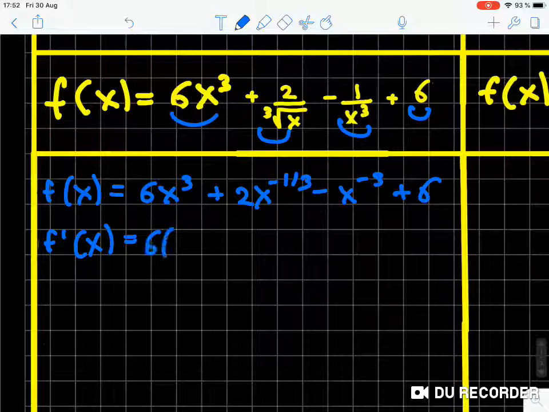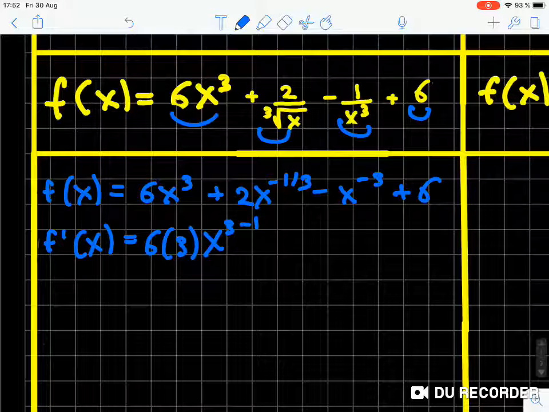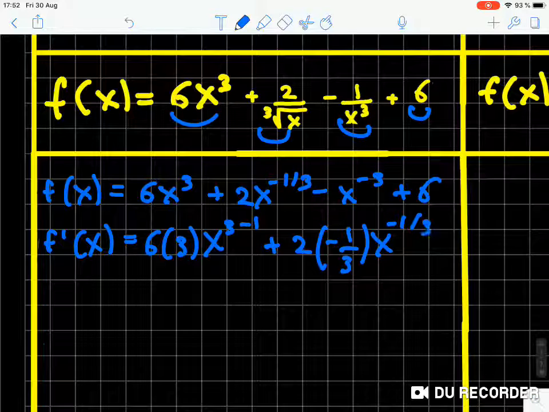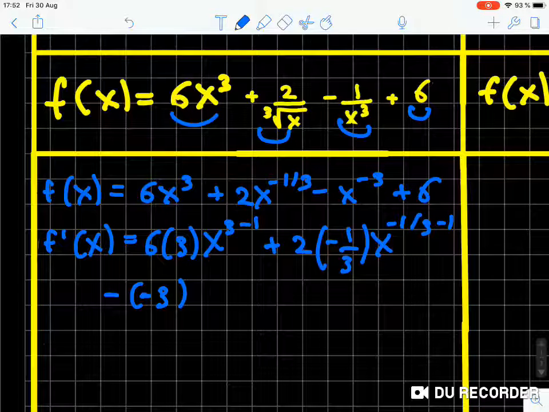So this is just going to be 6 times 3x to the 3 minus 1, plus 2 times minus 1/3 of x to the minus 1/3 minus 1, minus 3 times x to the minus 3 minus 1,